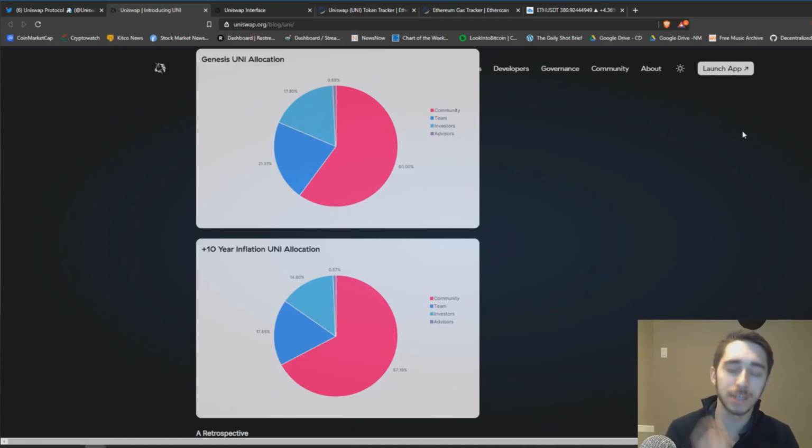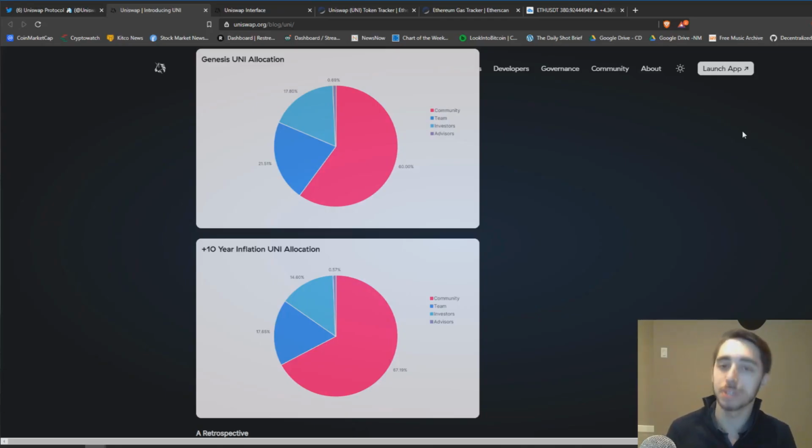The best thing that the team did, and I want to give hats off to Hayden, hats off to everyone who played a role in making this, giving 60% of the token supply to the community is a fantastic allocation. 3/5 of the ever existing token supply that Uniswap will ever have going to the community. This is probably one of the best distributions I've seen so far.